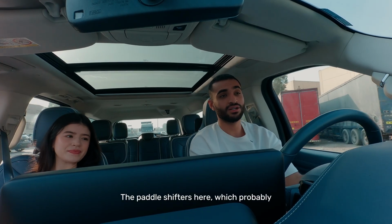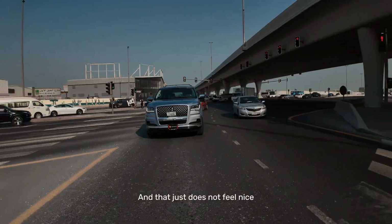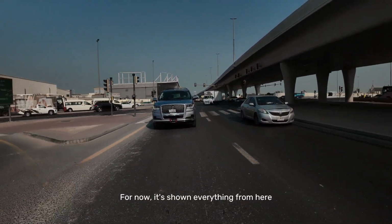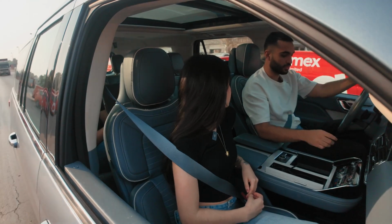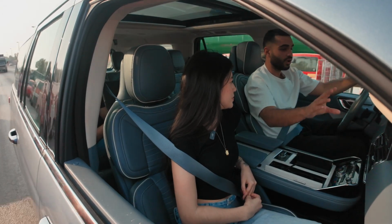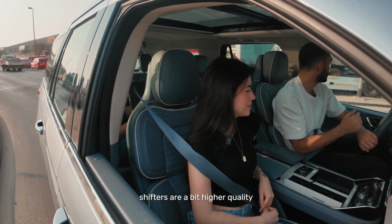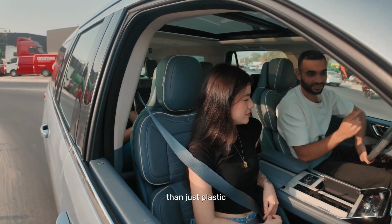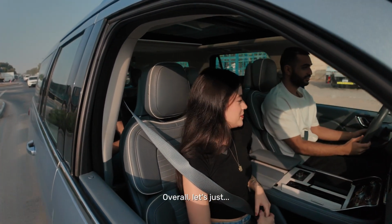The paddle shifters here, which probably won't be used much if you're getting a Lincoln, are made out of plastic, and that does not feel nice. For now, everything from here and back is premium. You know, the quality of the materials they've used in the center console, the leather they've used, but for some reason they couldn't make sure the paddle shifters are a bit higher quality than just plastic, right? But overall, let's just